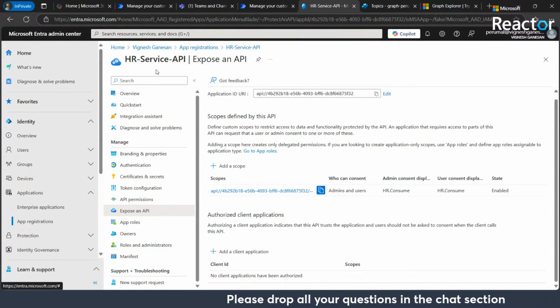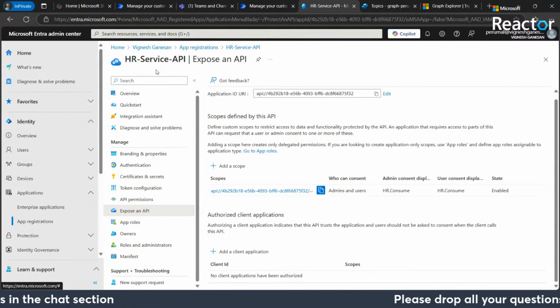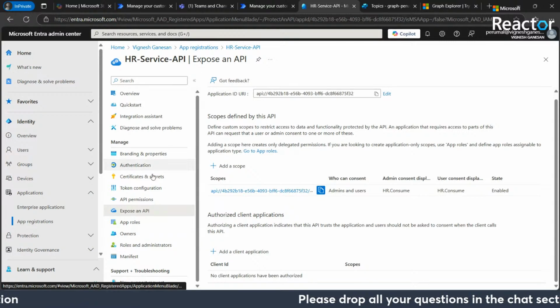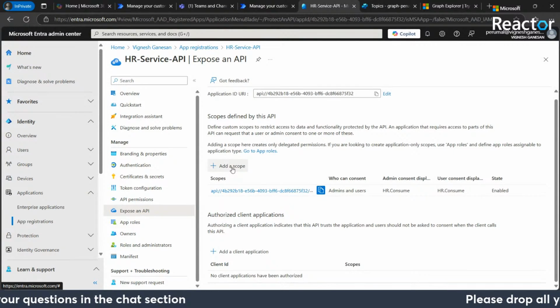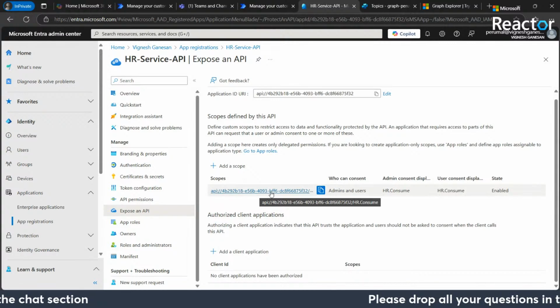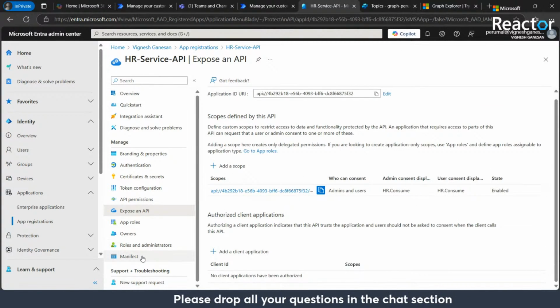So you need to create an Azure AD app to expose your HR service for other users to consume it. Here we do not need to add any authentication methods or anything. You just need to click add scope, and then add a new scope called HR.consume. That's it. And then